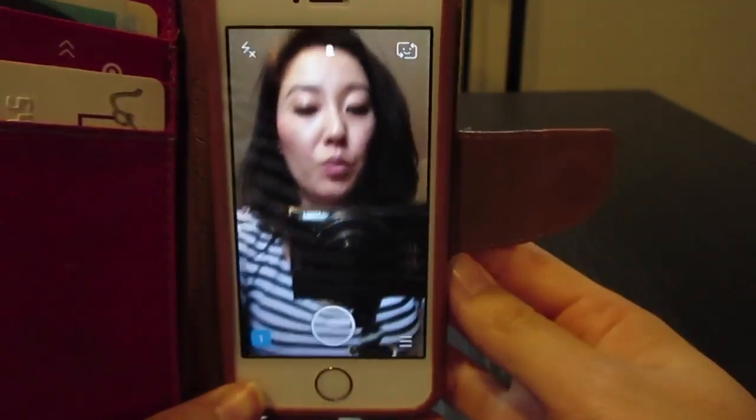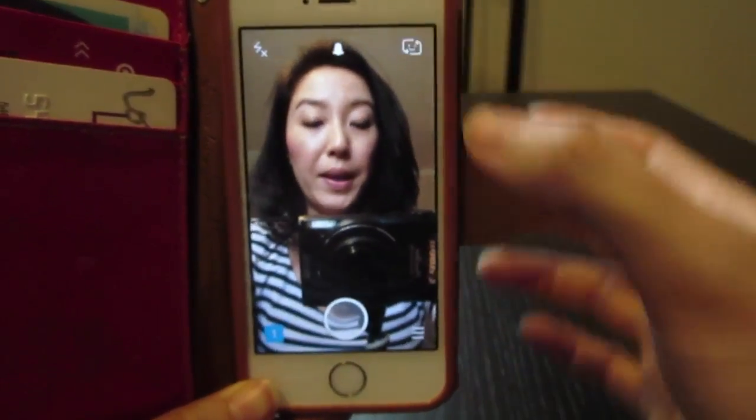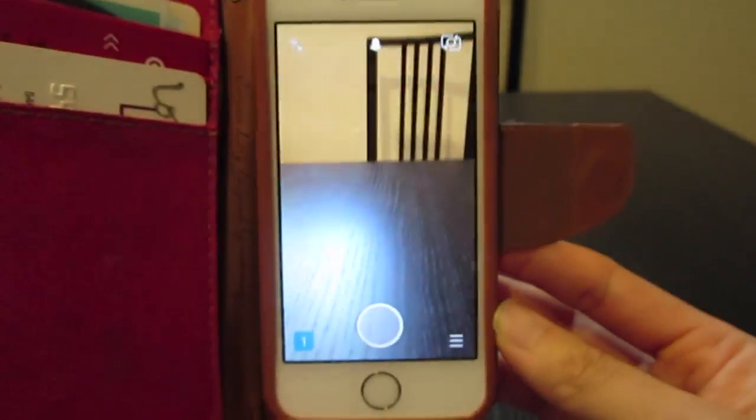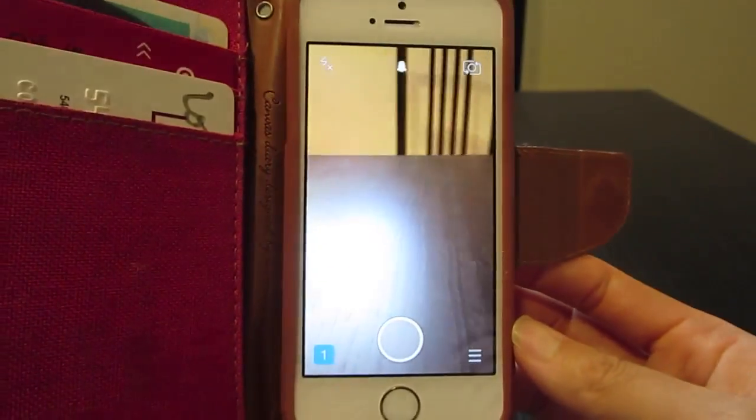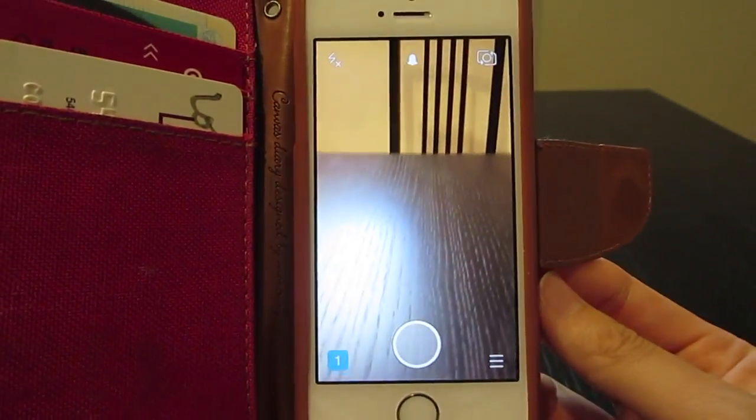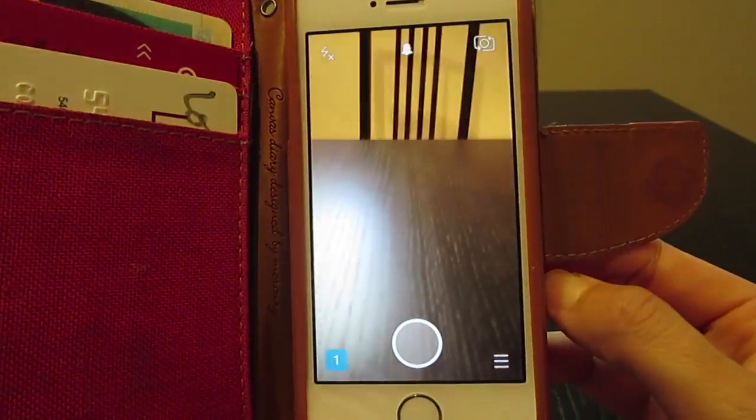So that's just a real basic rundown of getting you started on Snapchat. You can further tinker around with it and see what other things you can discover. I'm sure there's a lot more stuff,